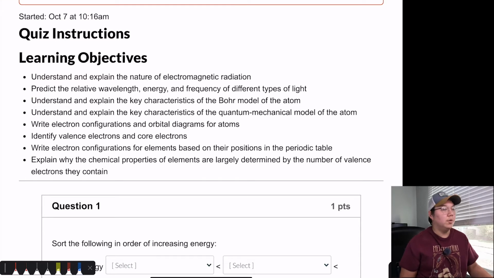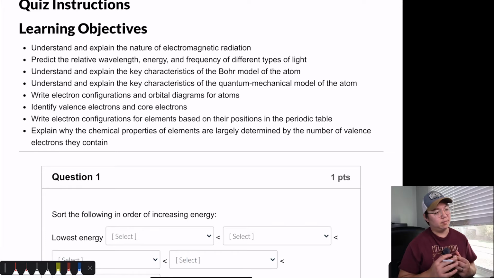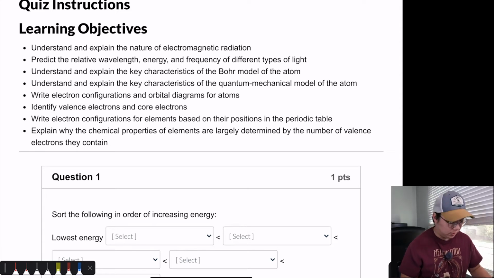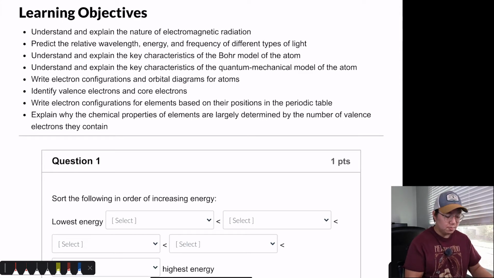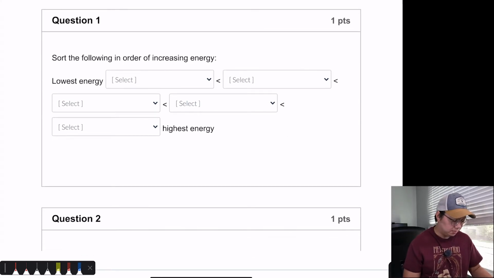All right, welcome to the Chapter 9 quiz walkthrough, answer guide, whatever you want to call it. We've got some learning objectives up at the top, so make sure you look through those. Those are the guidelines that I use for writing the exams. So the questions that I write are going to be questions where I'm asking you to answer questions that meet these learning objectives. So for question 1, it says sort the following in order of increasing energy, and of course